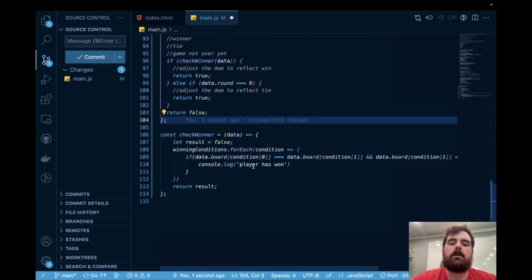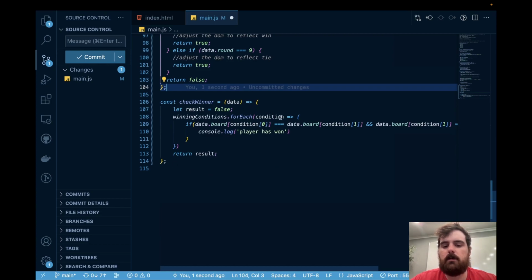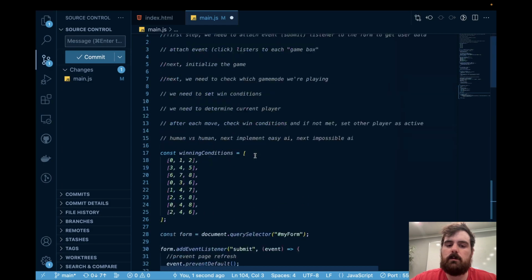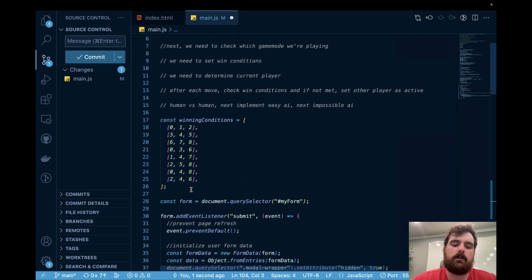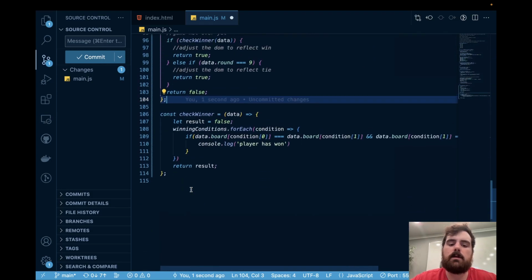Okay, so it's going to loop through each condition. Each condition has 3 indexes: 0, 1, 2. Right here we can see 0, 1, 2, 3, 4, 5. Since each of these are separated, each of these is a win condition. And if they're all the same, then somebody's won. Otherwise,